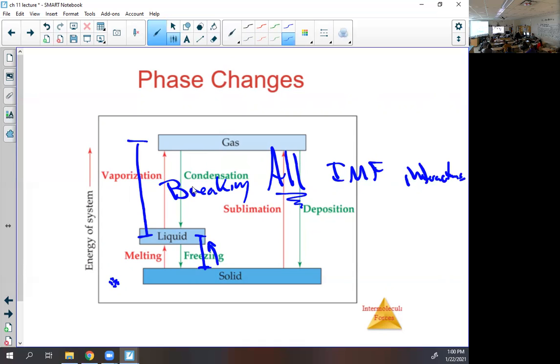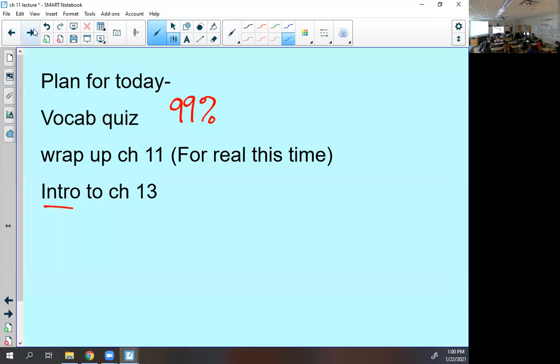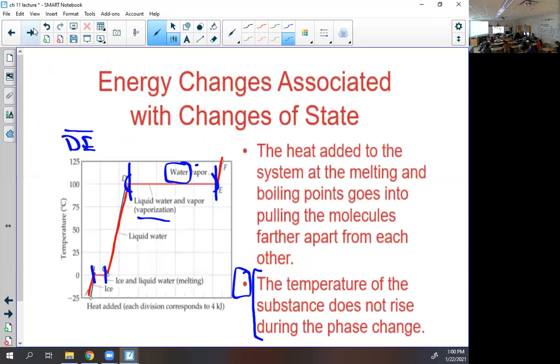This is represented in two different ways on pictures. One is this way, and then the other one might not be next, but I'll get there in a second. It's probably not even on here. Here it is. Now, I'll go back to all that other stuff, I promise. The other way that this is represented, and it's more typically on this one, is what we call the heating curve. This is for water.